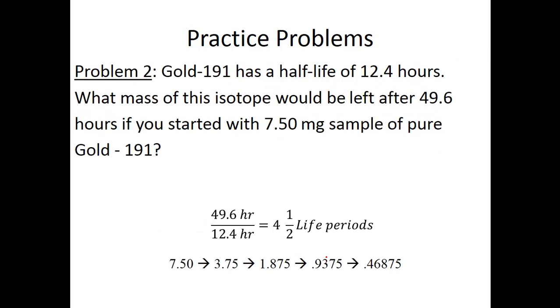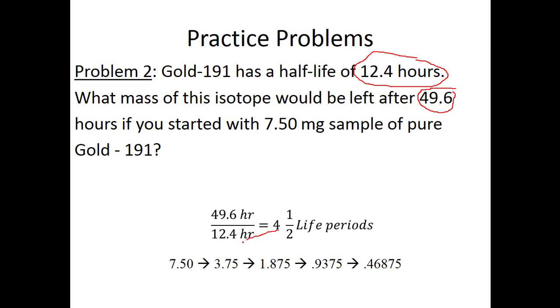Looking at practice problem number 2, I have gold-191, which has a half-life of 12.4 hours. What mass of this isotope would be left after 49.6 hours if you started with a 7.50 milligram sample of pure gold-191? So first thing, as I'm given my total time and my half-life duration, I take total divided by half-life: 49.6 divided by 12.4 gives me 4 half-life